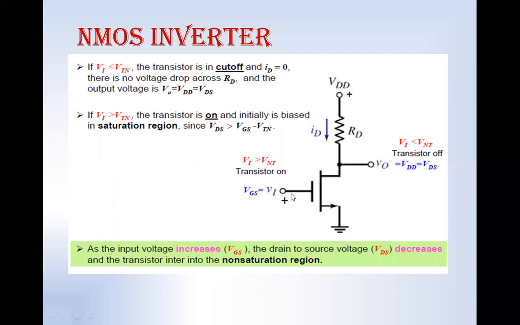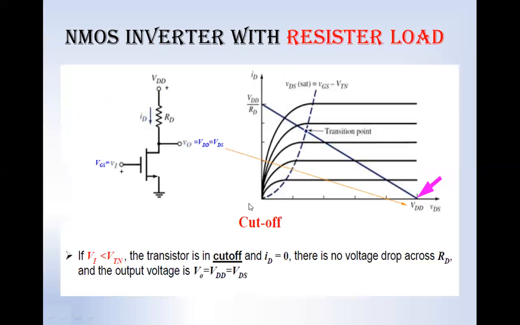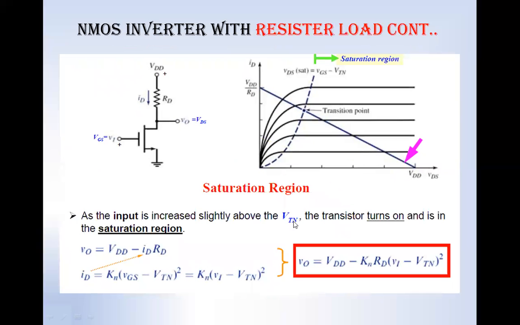So when Vi is greater than Vtn, and at the same time my output voltage, just now observed, is VDD, initially that VDD is greater compared to my Vtn. So as VDD is greater than VGS, that is the condition for the saturation region. Taking that into picture, for the cutoff, the output voltage V0 is VDD, which is equal to VDS, and with input voltage greater than or equal to Vtn, my current is saturation current that we have to consider.